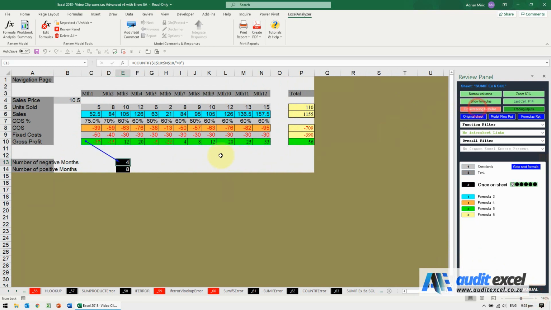Go trace formulas, so that's fine. So the risk here is it's looking at the right place. It looks like it's saying less than 0. The question here is because it's a logical test, perhaps that should say less than or equal to 0, or should say bigger than. So when you have got special criteria in here, you just need to be careful that it is using the correct logical function.